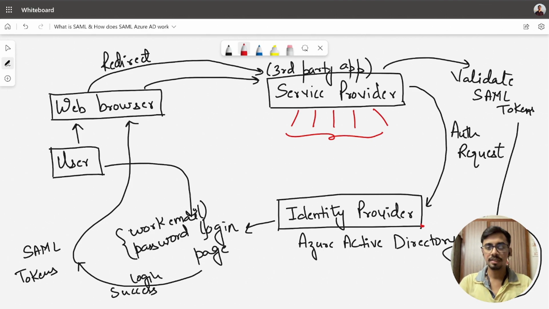Whereas in OAuth, let us say if we talk about Google OAuth or Facebook OAuth, any user who has a Google account or a Facebook account will be able to access the third-party app using Google authentication. So there is no restriction on what user is accessing the application. But in SAML, there are user restrictions.